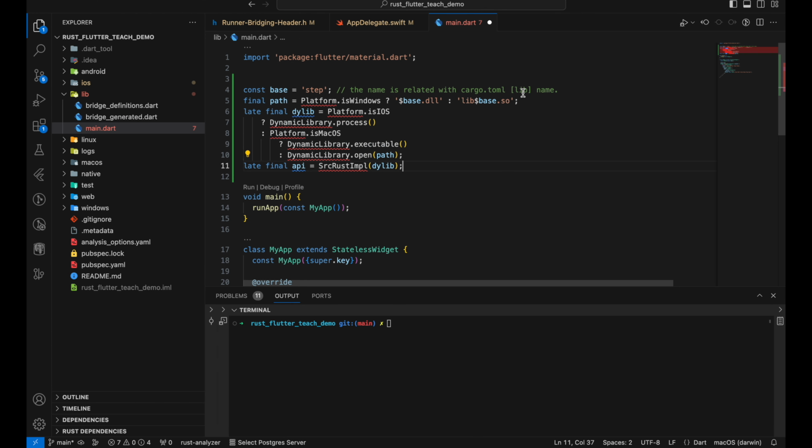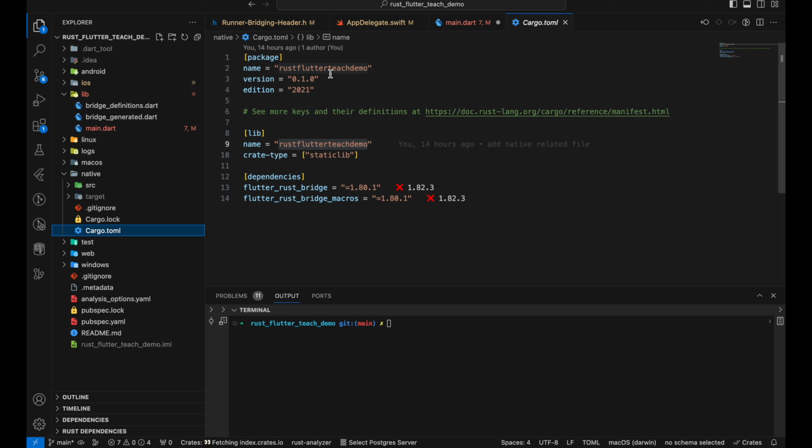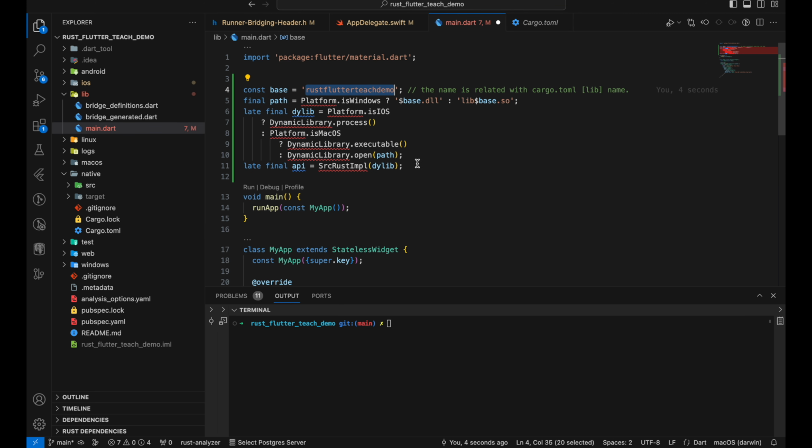You can put this code wherever you want, because right now at the moment we have only the main.dart file. So I will put it in here, and the name of the base const base, the name will be rust_flutter_teach_demo. So the name is related with the Cargo.toml lib name. So native Cargo.toml lib name. Yep. Okay.